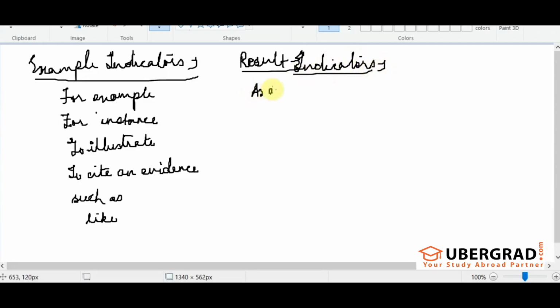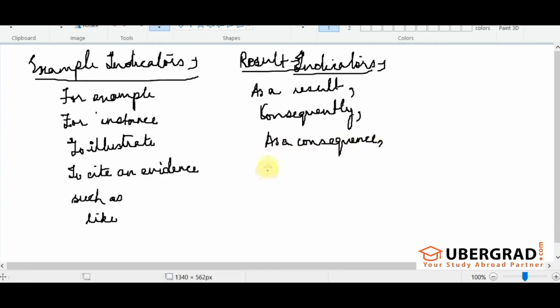As a result, consequently, as a consequence, resulting in, leading to. These are result indicators. And at the end we have